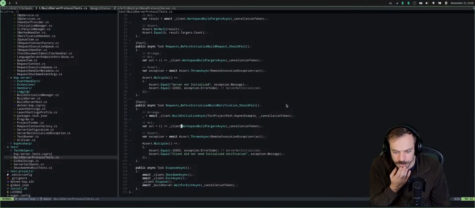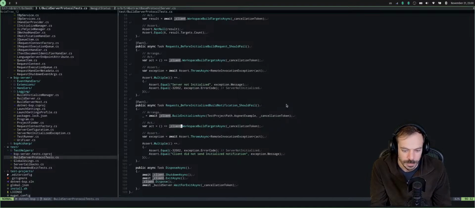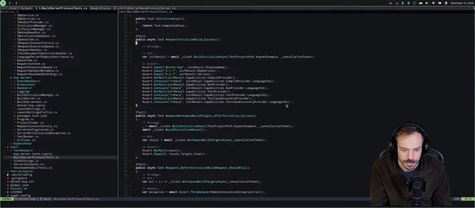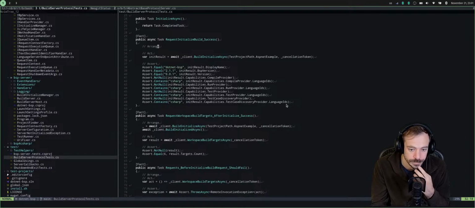Remote invocation exception. Okay. So this is when I forgot to initialize, then after initialize success.